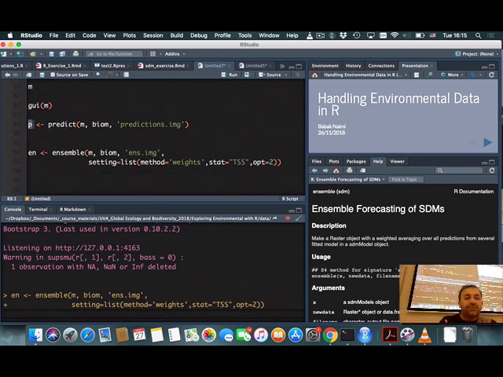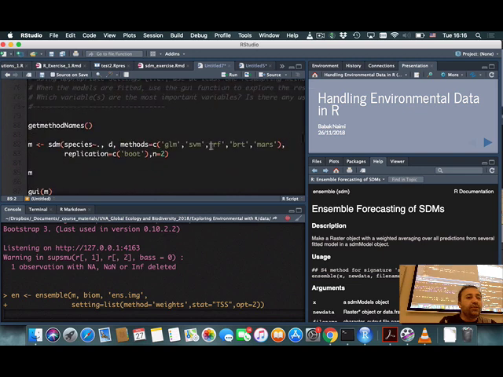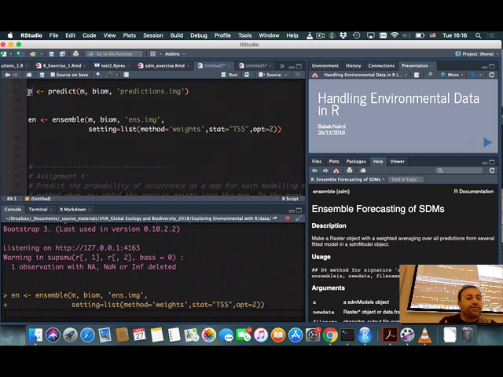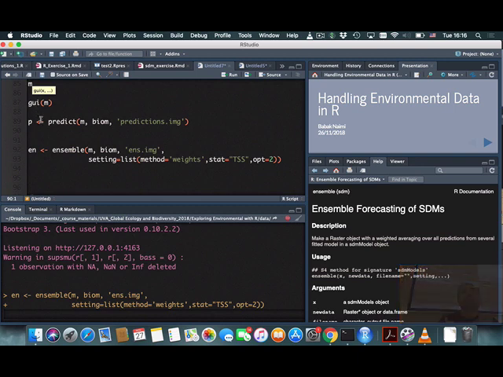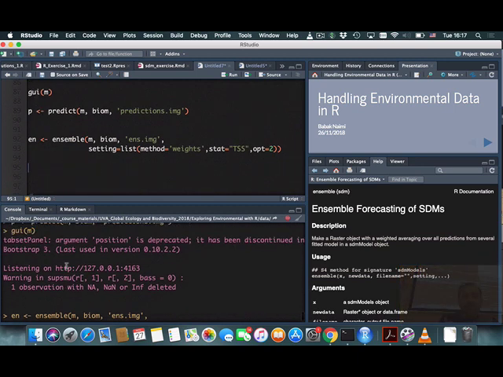So now we have P here out of the predict function, which has 10 raster layers inside because we had 10 models in the M object. Here we would have 10 rasters, all probability of occurrence. Now, while it's running, let's